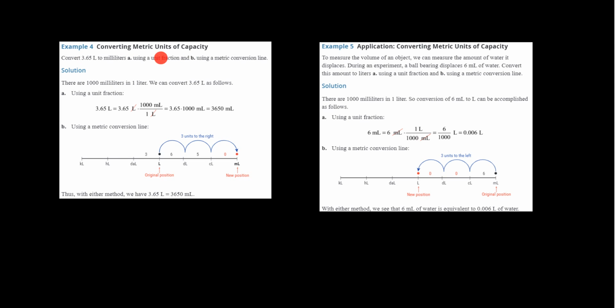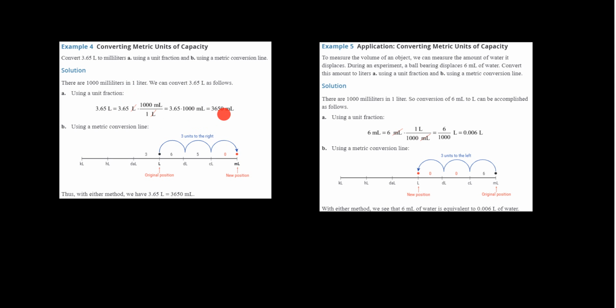So converting metric units of capacity. We're going to convert 3.65 liters to milliliters. For A, we're going to use a unit fraction, and for B, we're going to use the metric conversion line. Okay, so the unit fraction is the first method where we do canceling, and the second method is going to be the number line. Same thing for example 5. Okay, so 3.65 liters to milliliters. Same thing, you want to have the liter in the denominator here so you can cancel it, and then it's just 3.65 times 1,000,